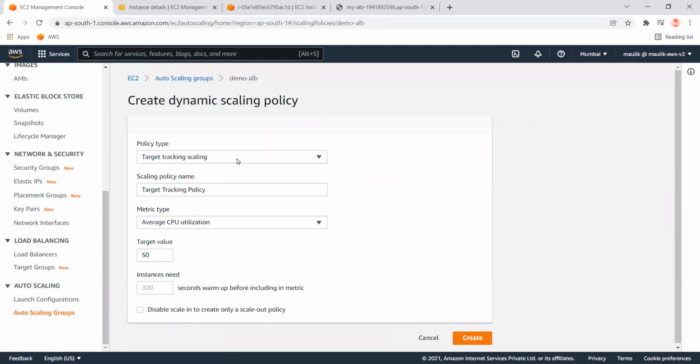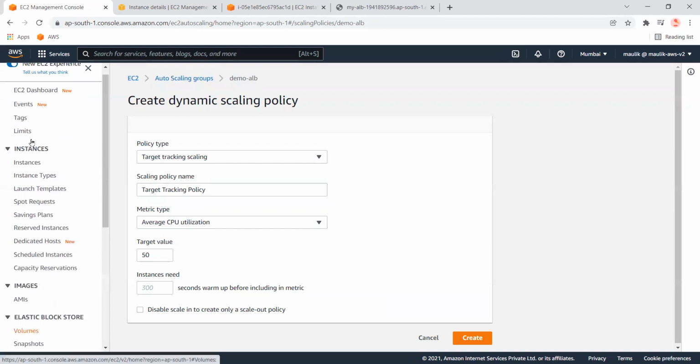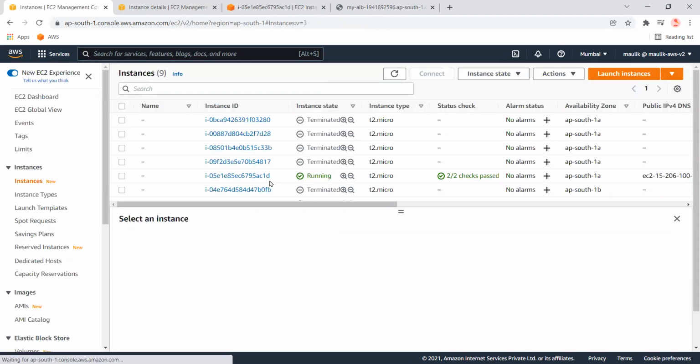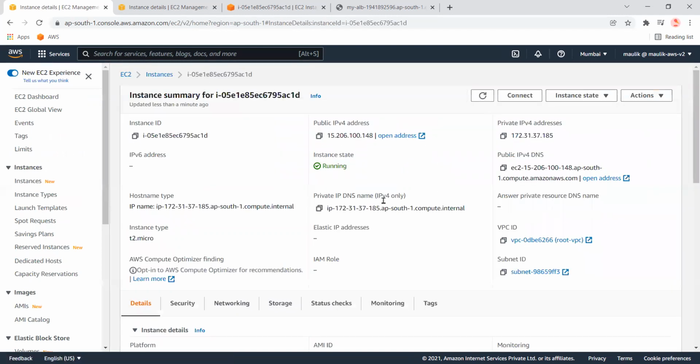If you want to use any other simple scaling, for example CloudWatch, then you need to use this. We'll see that later on. Okay, let's see the health of the instances. It should be maybe 30% or 40%.